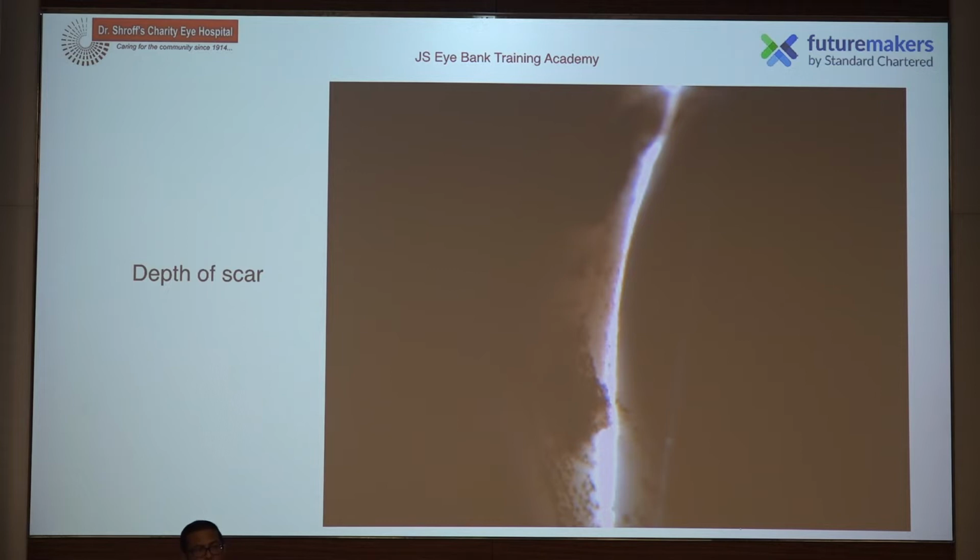The second importance of the scar, I would say, is that there is always a chance that it might be a herpetic scar. Those herpetic scars, if you're going to transplant, may lead to infection in the recipient as well. So these are the two things as a clinician you want to know if there's a scar. If there is not much dearth of tissue, it's better not to use scar tissue, because most of the time you cannot pinpoint why it happened.